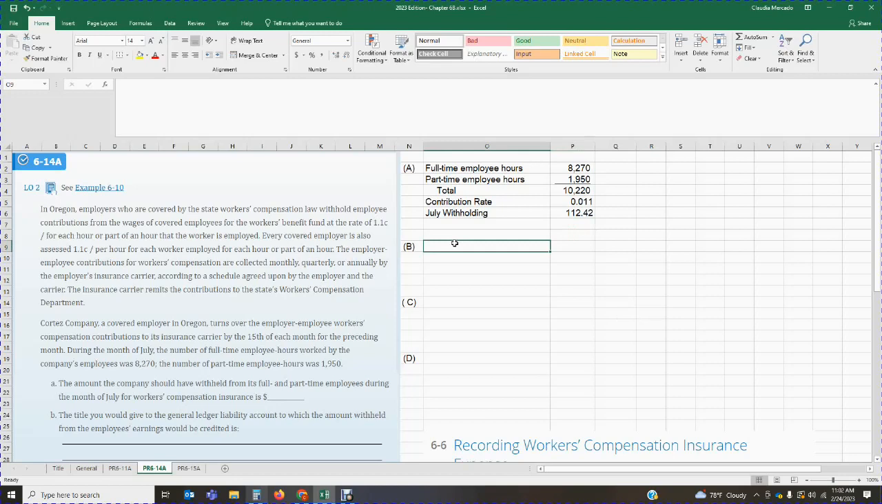Requirement B. The title you would give to the general ledger liability account to which the amount withheld from the employee's earnings would be credited. So we take this $112.42 away from my employees' paychecks. Where are we going to put it? Well, depending on how you want to label it, there's no right or wrong answer. You can put it in an account called workers' compensation insurance payable, or you can title it workers' compensation insurance collected,